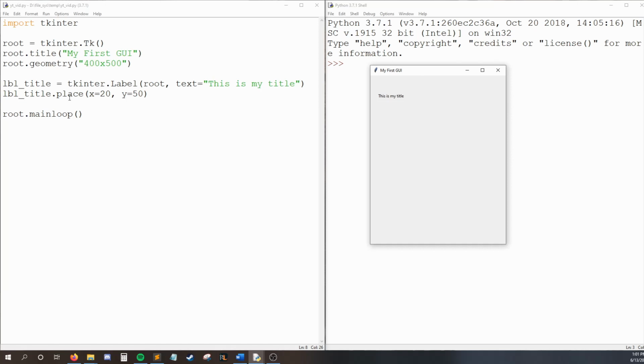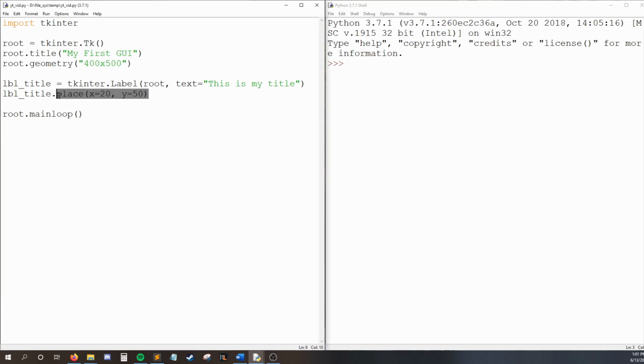So pack is the super quick and dirty but inaccurate way to place things. Place is a very precise but slow way to place things, so now I'll teach you about the middle ground. The middle ground is grid. Personally, I don't like grid. I've had a lot of issues with it in the past, but it basically breaks up your GUI into a little Excel grid almost. It allows us to say things like row equals 0 and column equals 0. And now, if we run this,